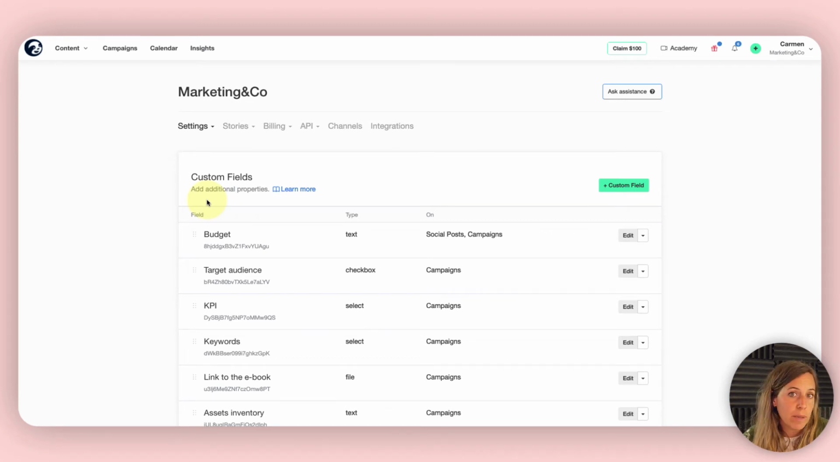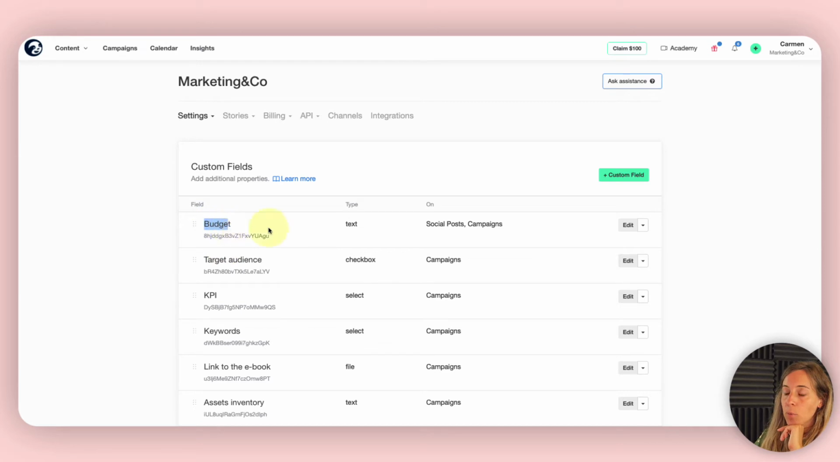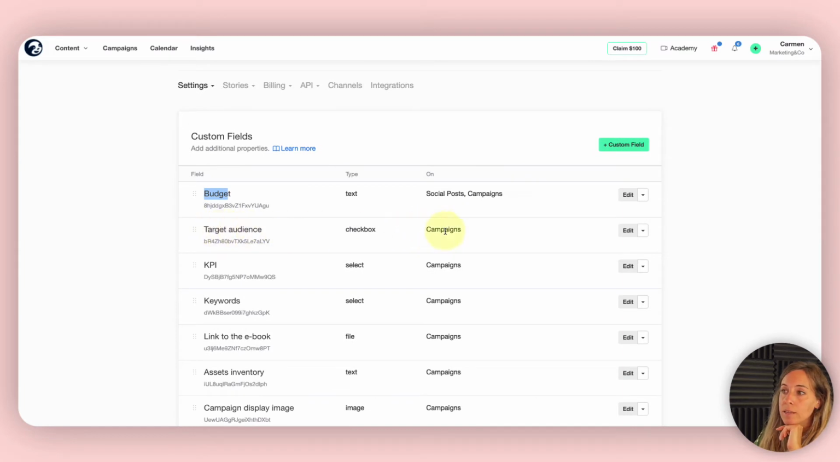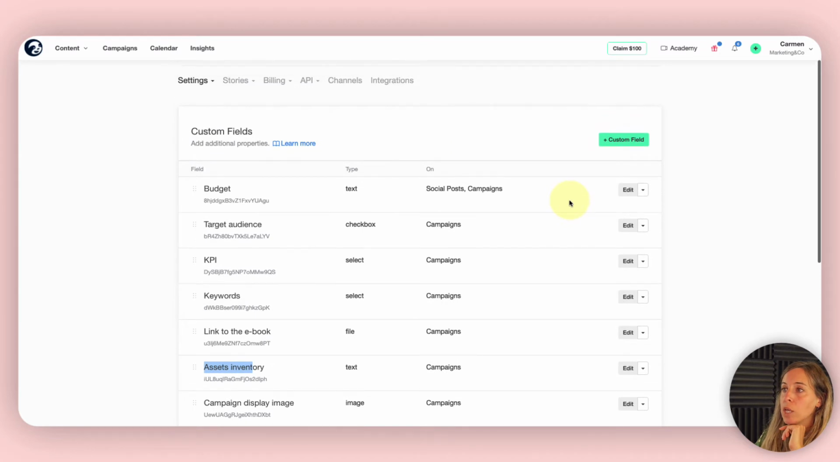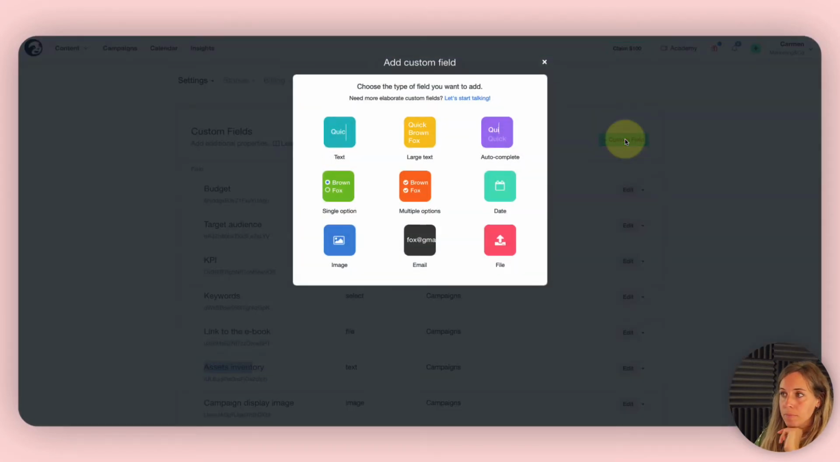with the right information. So if we have a look here, I have budget, which is added to the social post feature and also to campaigns. The target audience also to campaigns, KPI, keywords, link to the ebook, assets inventory, and this is a text type. So if I want to create a new one, I click on the plus button and I can choose a